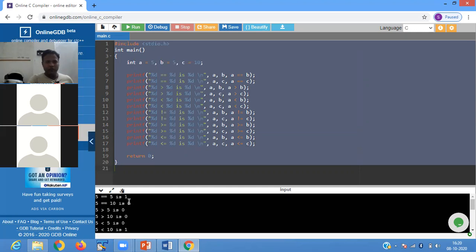When you are using true and false values, it is written 1 and 0. 5 is equals to 10, then it is 0. 5 is greater than 5 is 0. 5 is greater than 10 is 0. 5 is less than 5 is 0 because both are equal. 5 is less than 10, condition is true, so it is written 1.